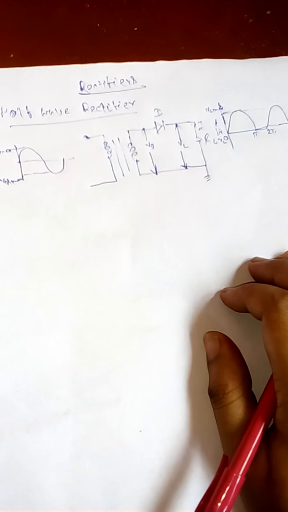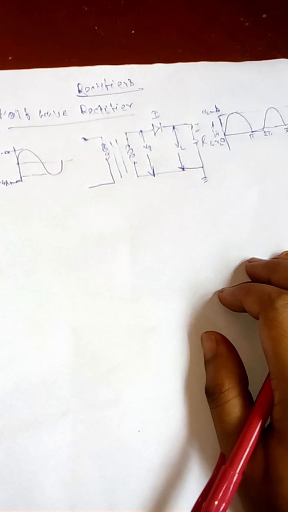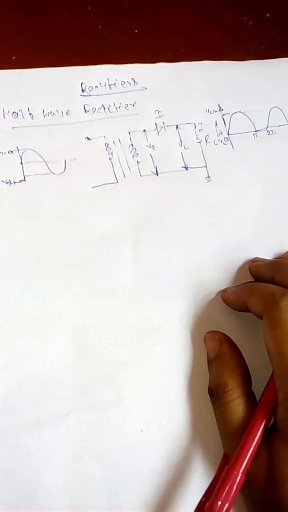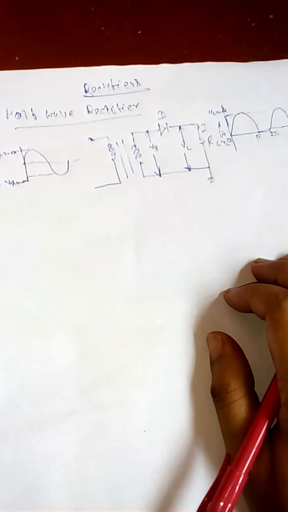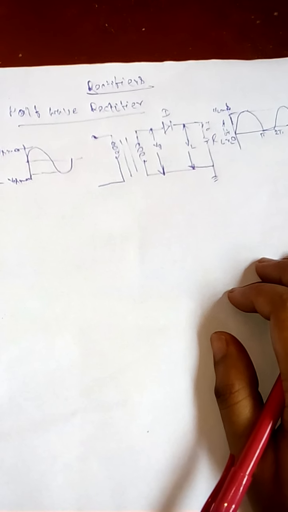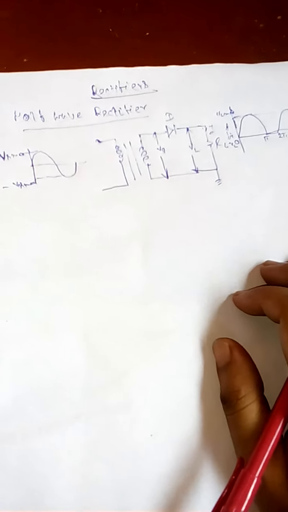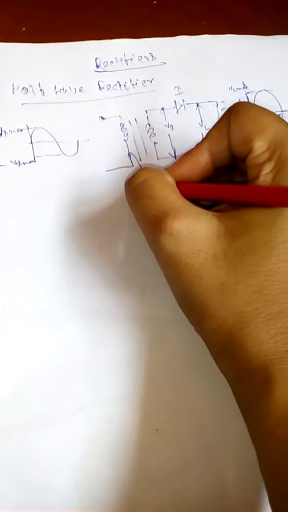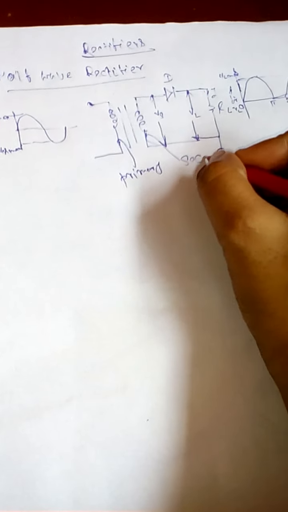A diode is an electronic device consisting of two elements, cathode and anode. Since in the diode electrons can flow in one direction, that is from cathode to anode, the diode provides unidirectional conduction or rectification. So this is the circuit. There are the primary side of the transformer and this is the secondary side.